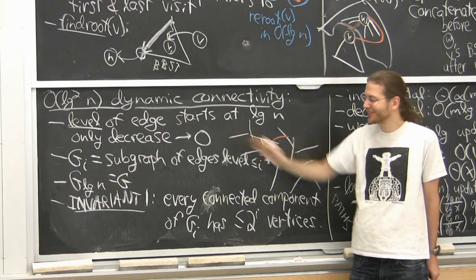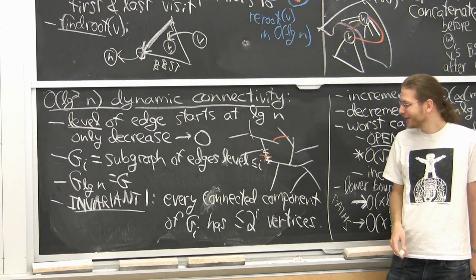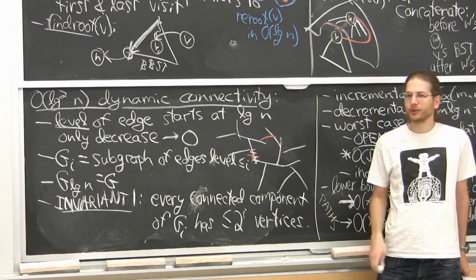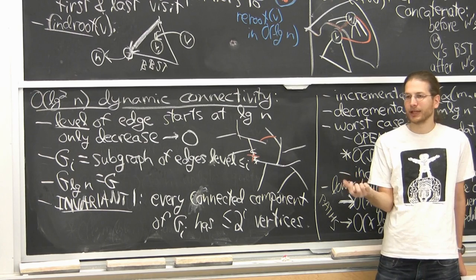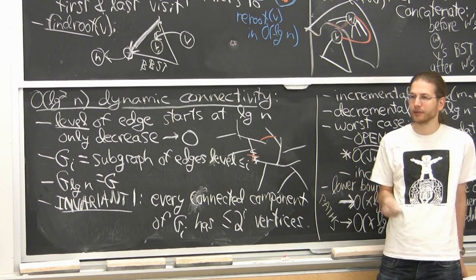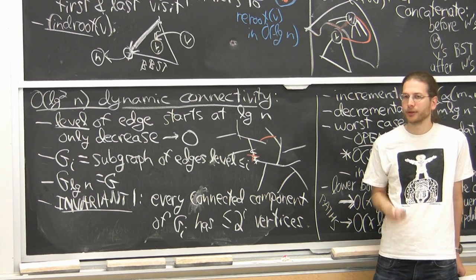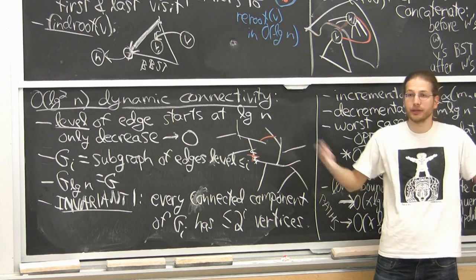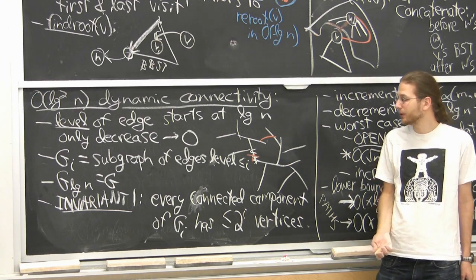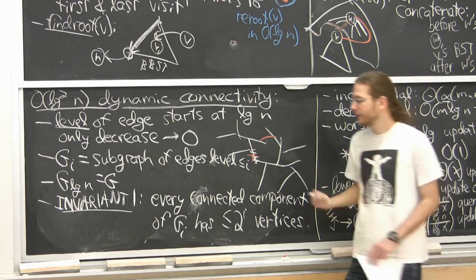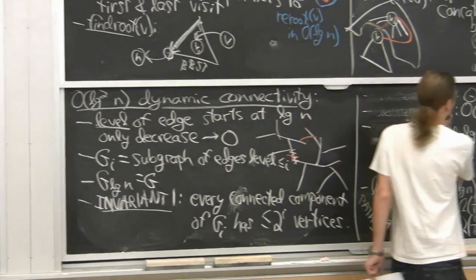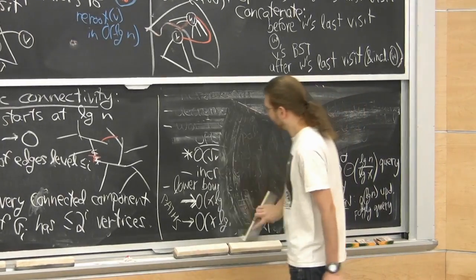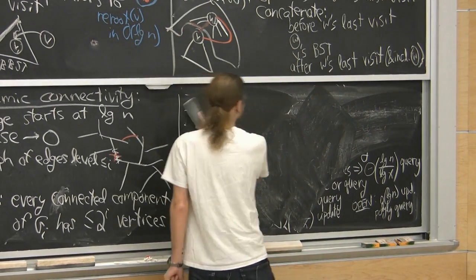So I kind of lied. I guess the lowest level is 1. At level 1, you can have 2 vertices, so there can be isolated edges in G_1, but that's it. You can't have a path of length 2 in G_1. And so on up the tree. At G_log n, you can have the whole graph. Whole thing could be connected. But this will let us charge to something as we go down in the tree. As we go down in levels, I should say.